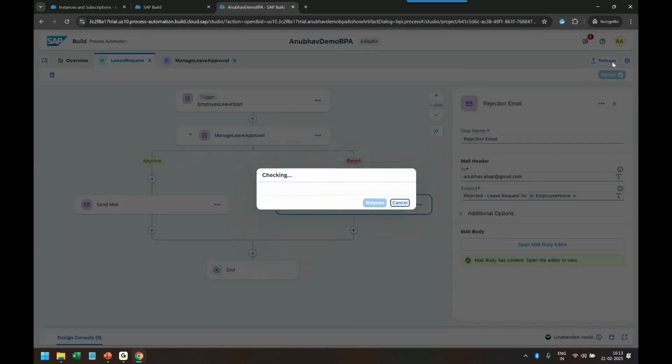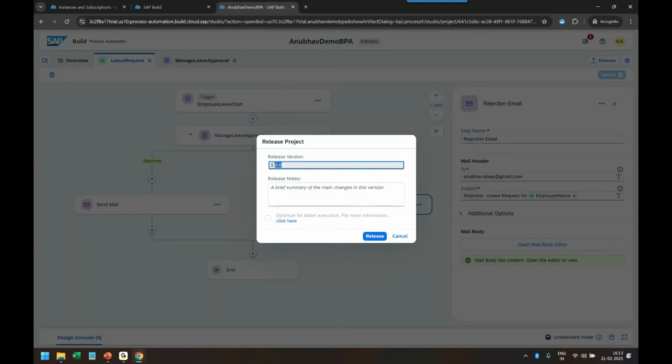I will release the process now, which creates a brand new version. So this is a version management capability. Suppose you already built a process which is in production. So now the new feature, new announcement will be the next release or next patch. So be very careful that we have already built in the release management or version management capability out there. I click on the release button